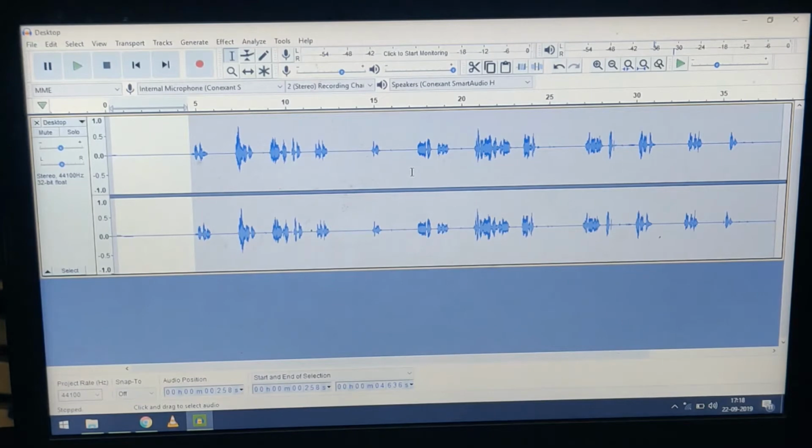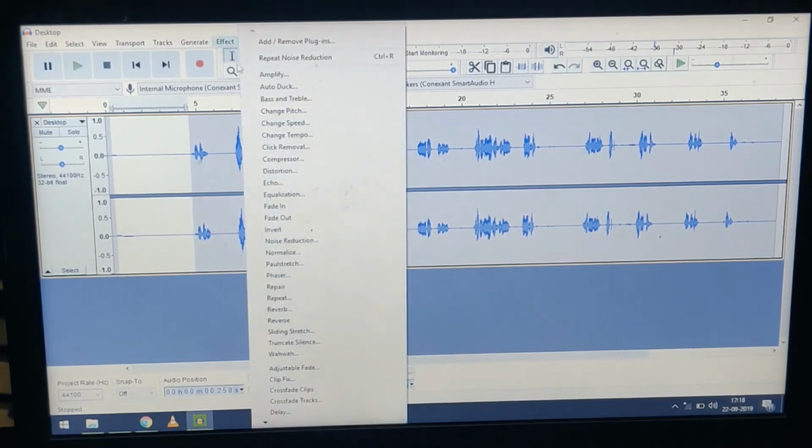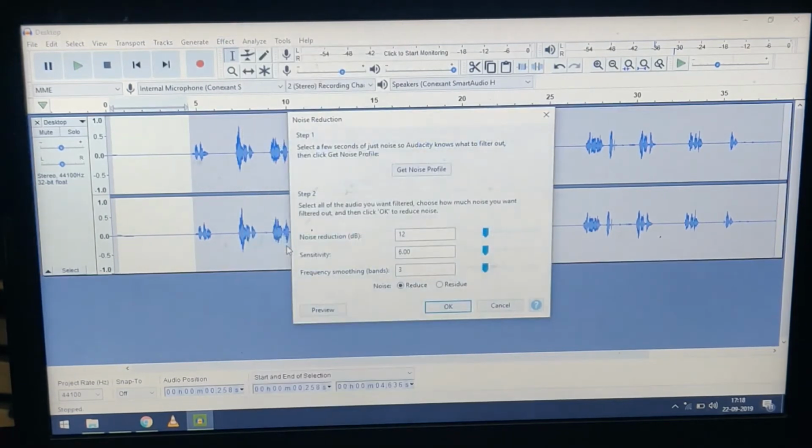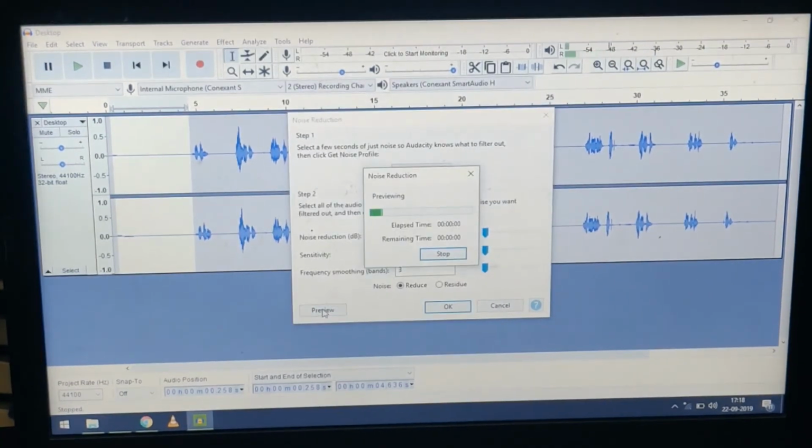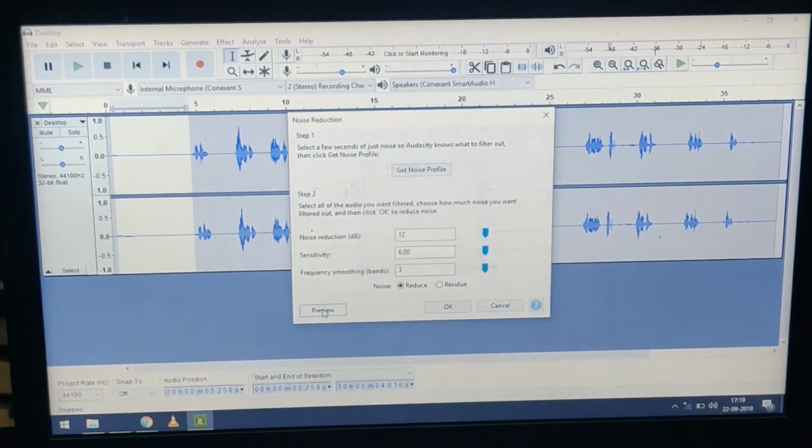Again I need to go back to Effect and Noise Reduction. Now I don't need to select Get Noise Profile, I need to preview it. Make sure it previews. Okay, it got previewed.